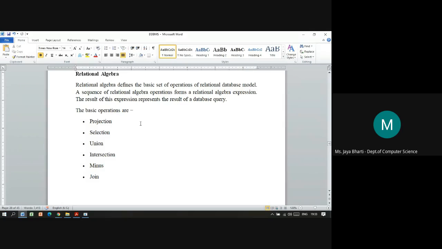These are the basic operations: projection, selection, union, intersection, minus, and join. We all know these mathematical operations. The same operations are used to perform on the relational database model.